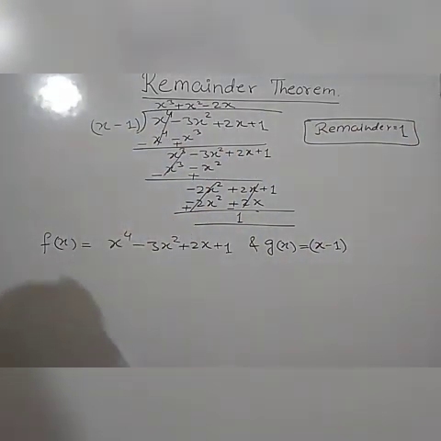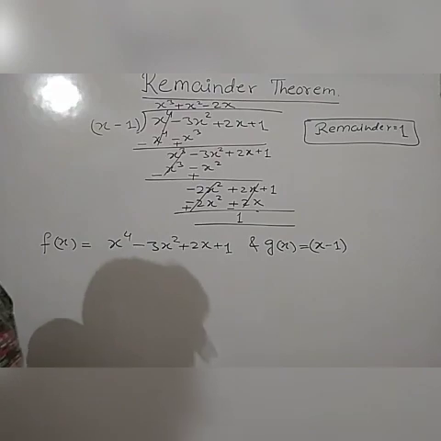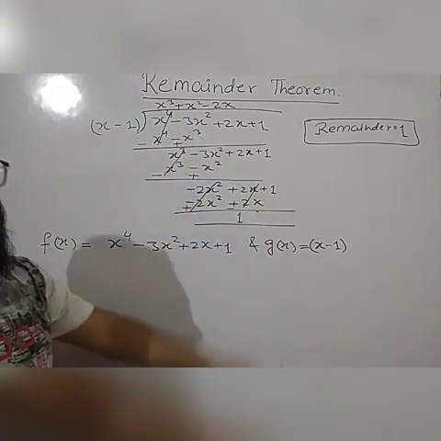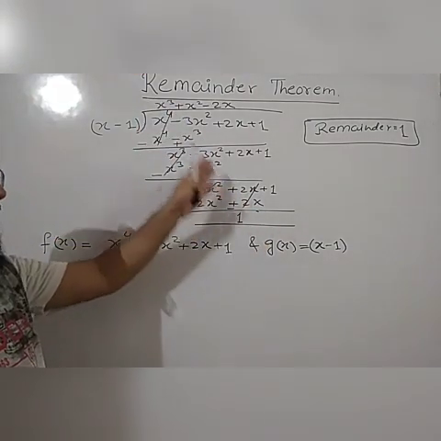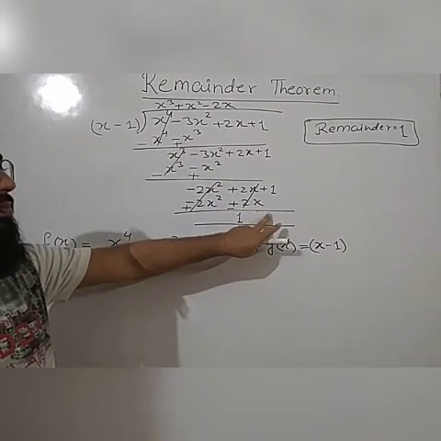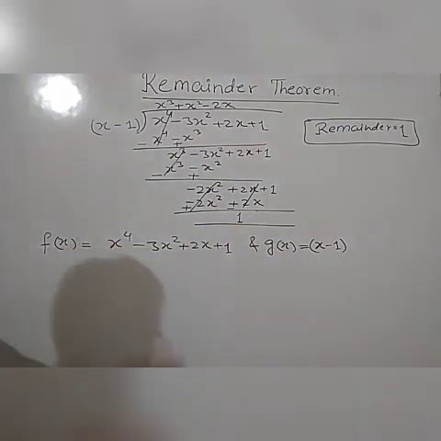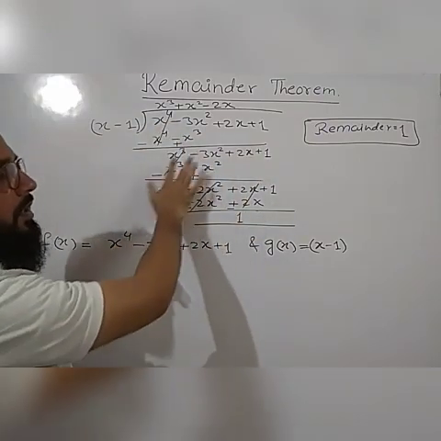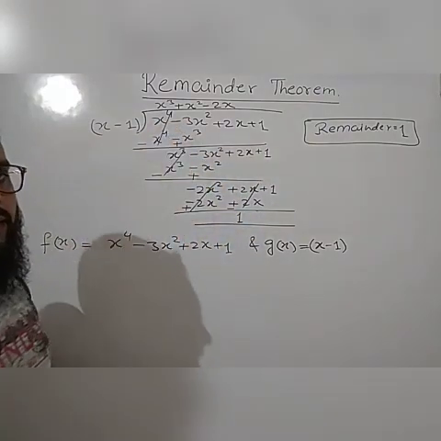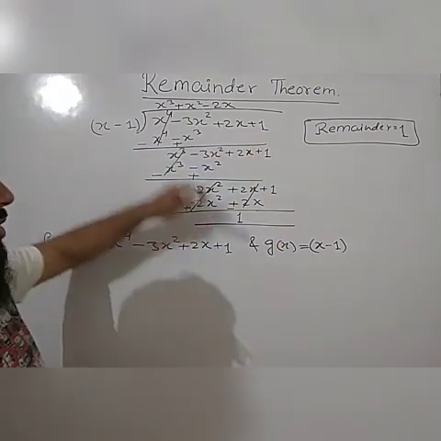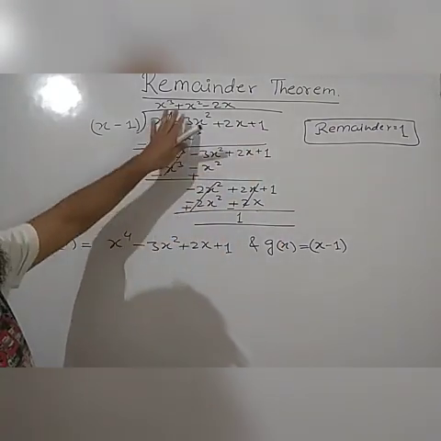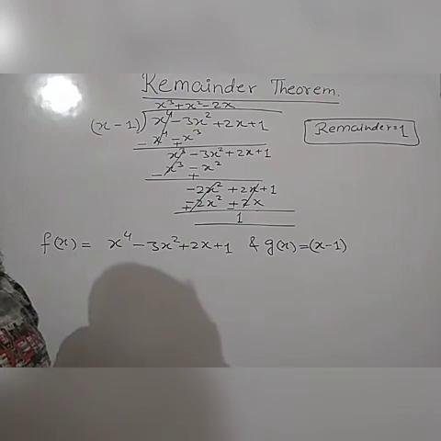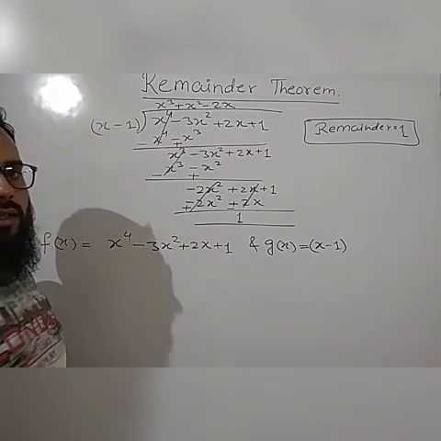So it is the long division method to find the remainder. In this method we have to do a lot of calculation. Many of you may not know about the long division method also. So the remainder theorem is a simpler way to find the remainder. Now we do not have to solve by this method. This is just for telling you that this method is complicated. You have to do a lot of calculation. So we can find the remainder without doing this much of exercise. We can find the remainder by the remainder theorem very easily.